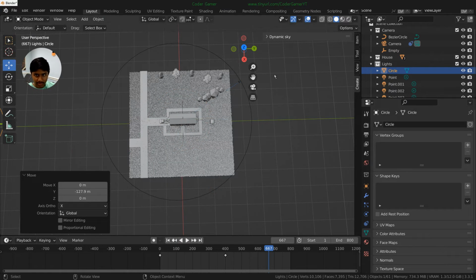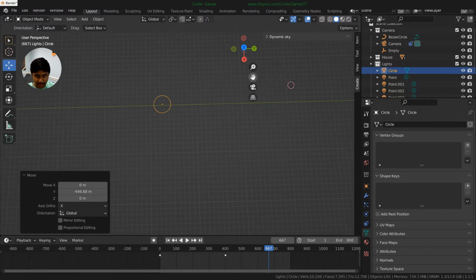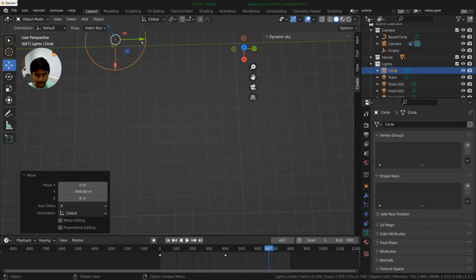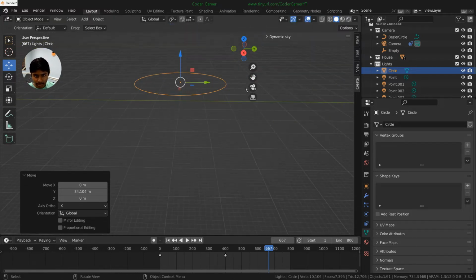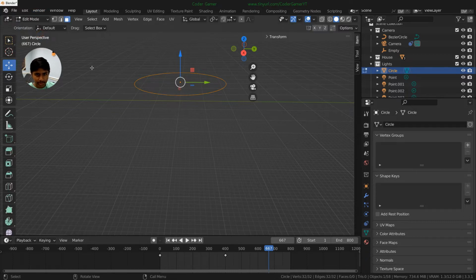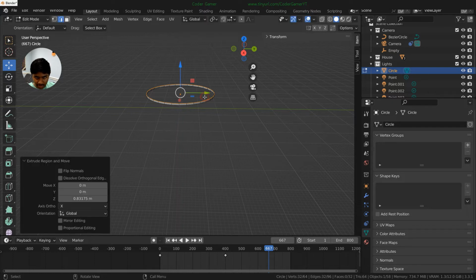Now we're just going to move this all the way over to the side, like over there. And then I'm going to go into edit mode, and I'm going to click on my edges. And then I'm going to just E to extrude, Z, going to extrude this a little bit,